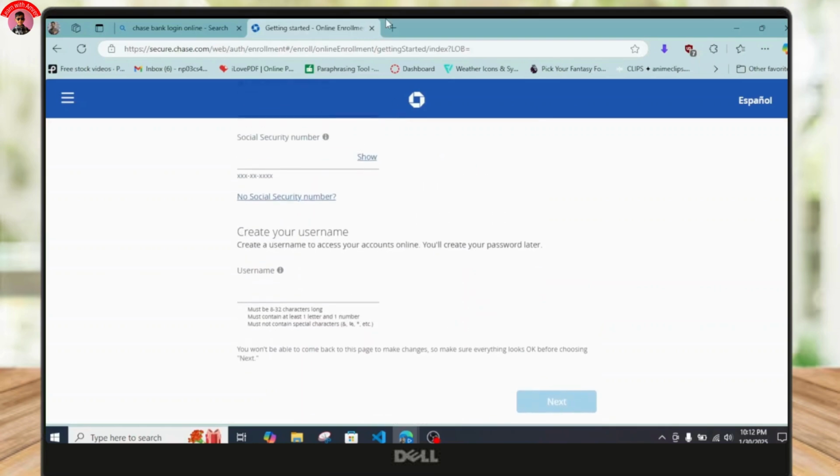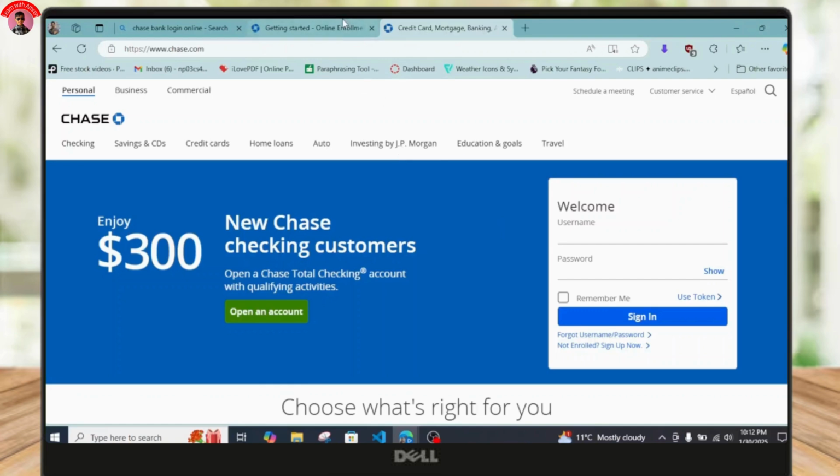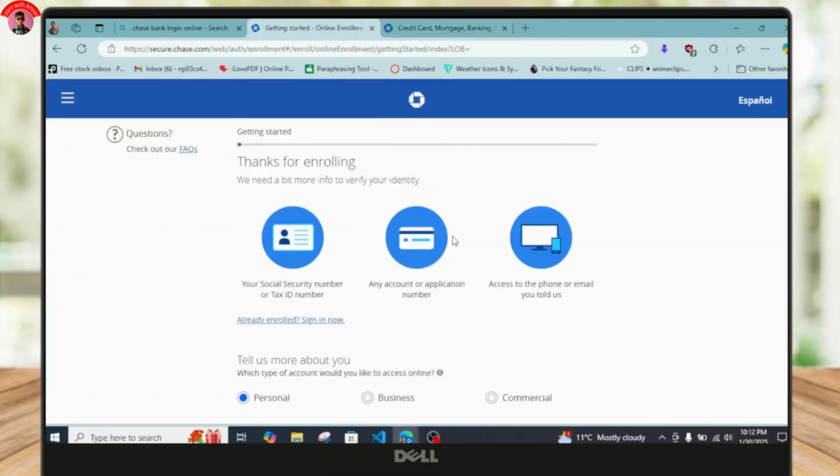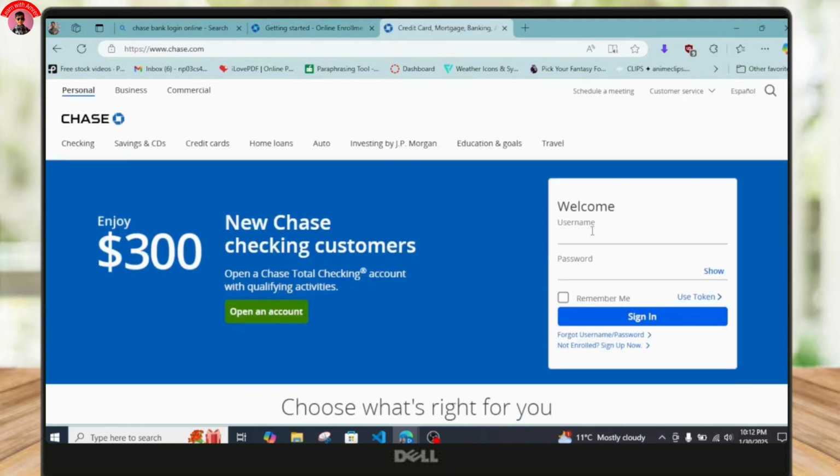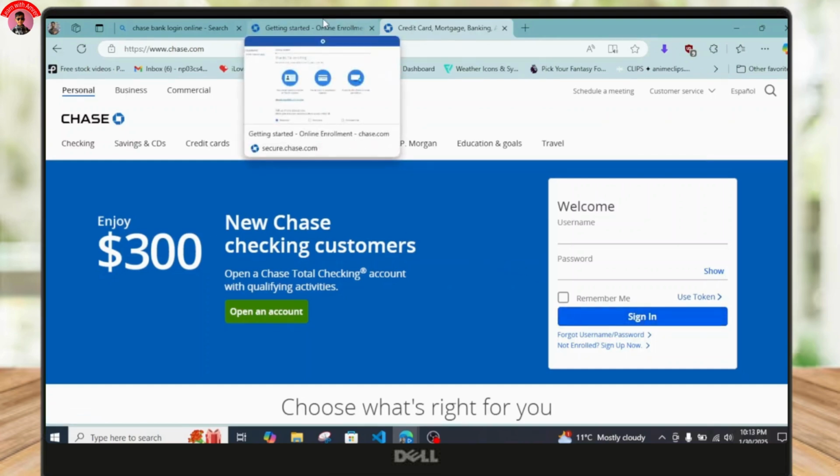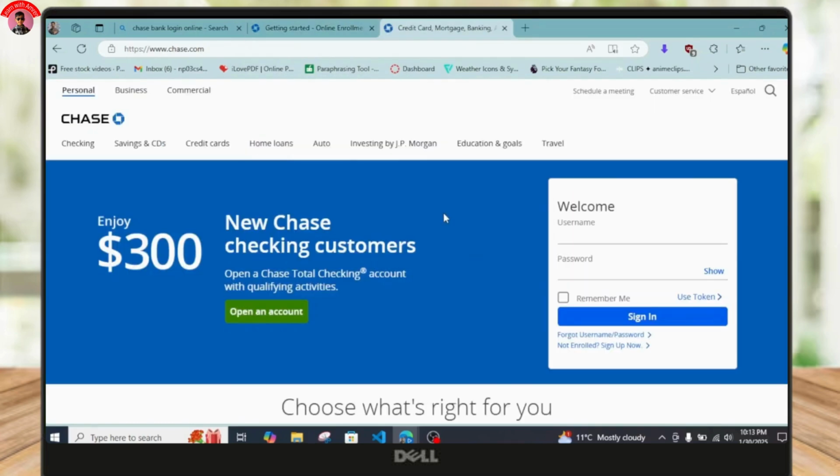And once you do that, you will be asked to enter your login credentials. And when you click this next button over here, you will have to enter your login credentials once again and simply enter your username and password. You can also use your token from over here and simply click on sign in, and then you will have successfully created your Chase banking account